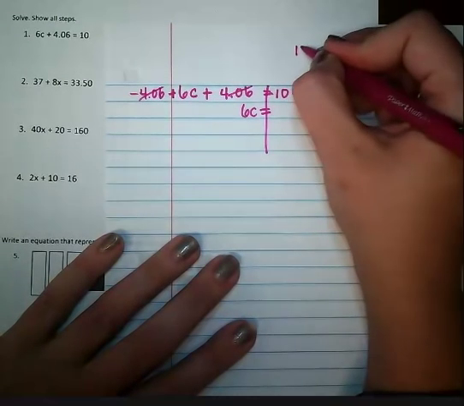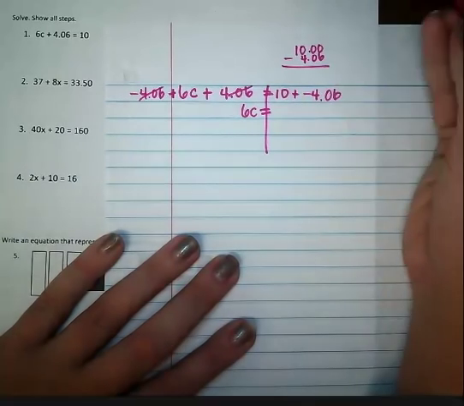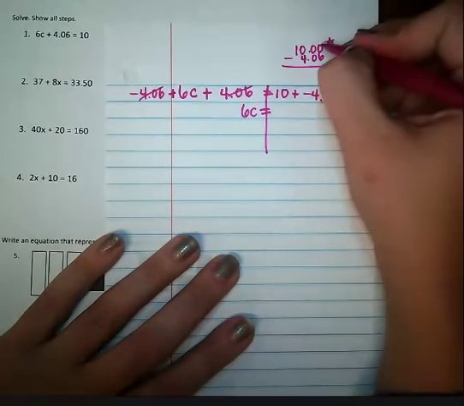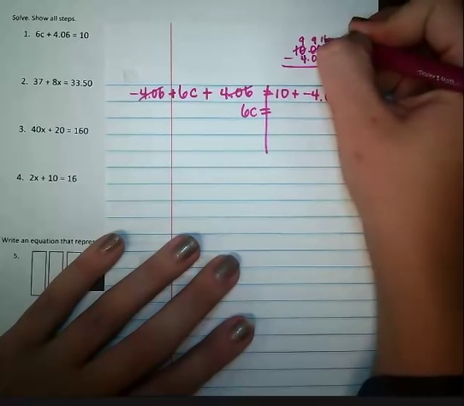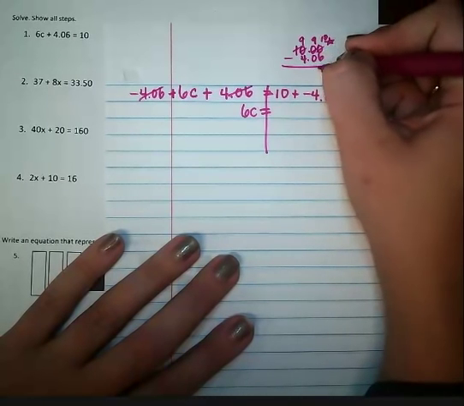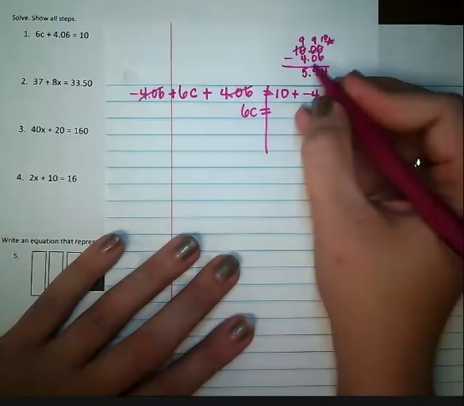Those are actually on different teams, so I've got to subtract or battle those. And I need to make sure and line up my decimal. So this is a big mistake that I did see some people making. I got to borrow all the way over from the 1, so this becomes a 9, and a 10. So 10 minus 6 is 4, 9 minus nothing is 9, and 9 minus 4 is 5. So I've got 6c is